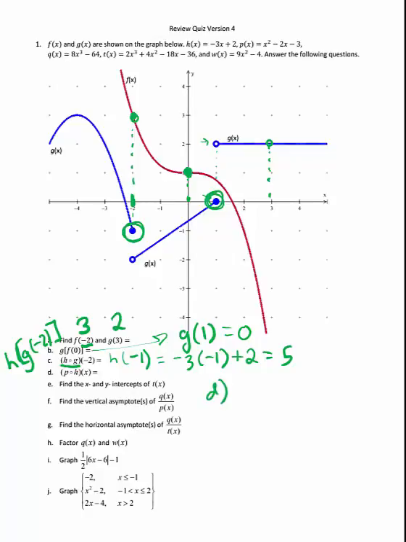Okay, letter D says p of h of x. So again, that's like saying p of h of x, or p of negative 3x plus 2. So we plug in negative 3x plus 2 each time we have an x. So everywhere we see an x, we plug in negative 3x plus 2 into p. So that's going to be equal to